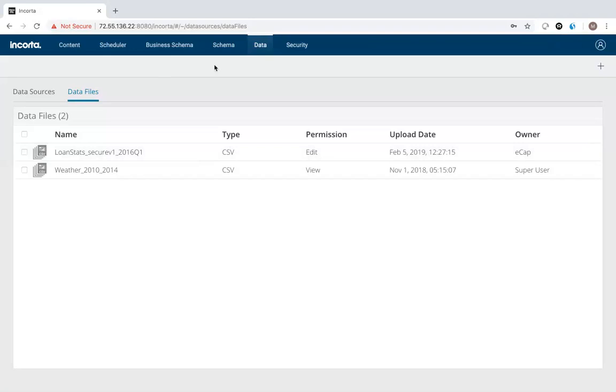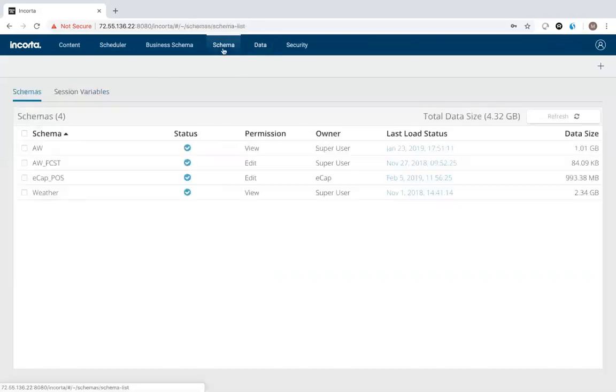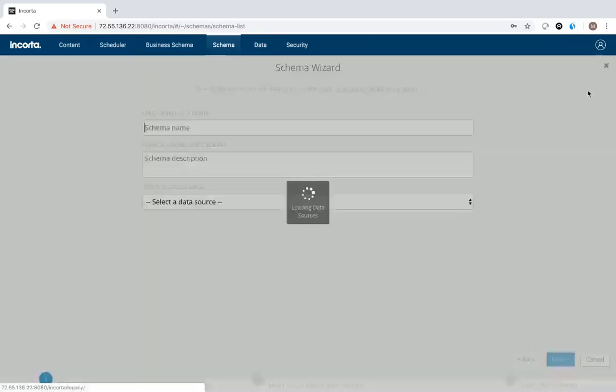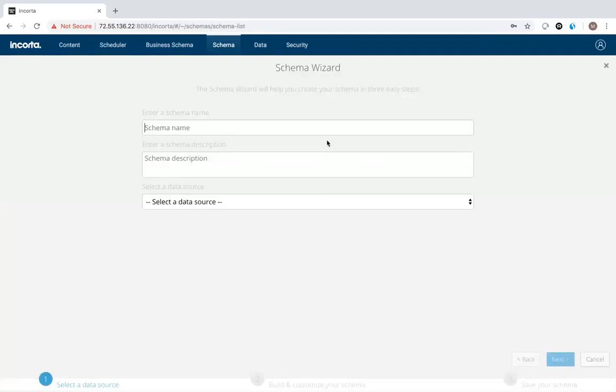So I'm going to start with a more complex data set, that point of sale system, one that's a little more formalized. And I'm simply going to create an area to work with it. And I'll use the wizard to do that. And I use this wizard in production all the time. I've done some production work for Incorta. So we're going to call this point of sale.